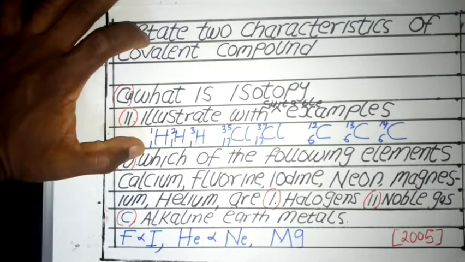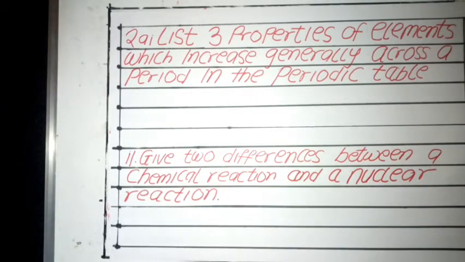Let's look at the second question. List 3 properties of elements which increase generally across a period in the periodic table. All right. The 3 properties of elements which increase across the period: we have electron affinity, ionization energy, and electronegativity. Atomic size decreases across the period. So like I said, the ones that increase across the period, we have